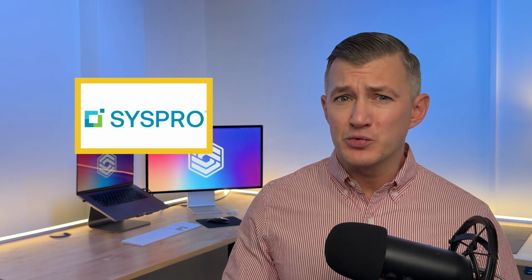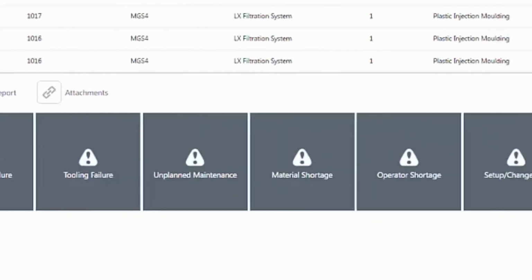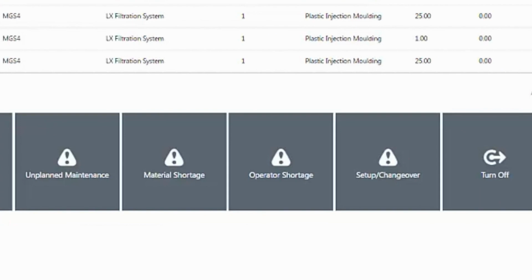Next up, let's talk about SYSPRO. We've worked with many manufacturers over the years, and SYSPRO is one of our repeat recommendations, due in large part to its production planning tools. This ERP excels at balancing workflows regardless of mode, whether you're recipe or bill of material based. Its drag and drop scheduling makes it easy to visualize your production timeline, while auto-scheduling helps optimize jobs with minimal